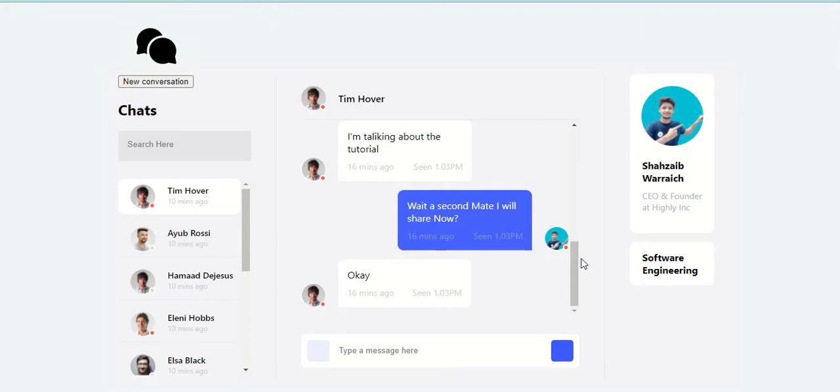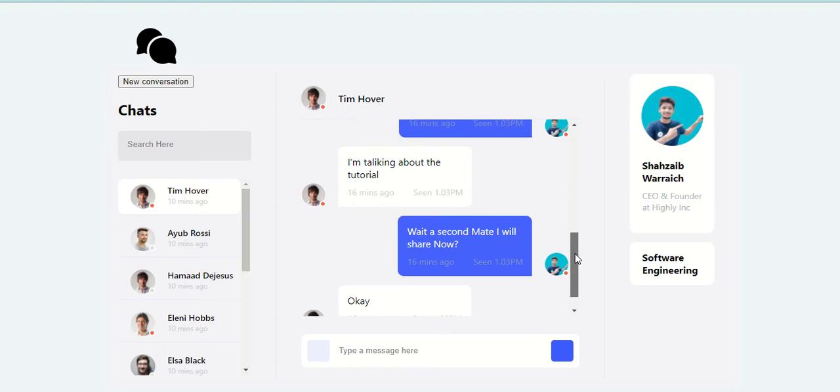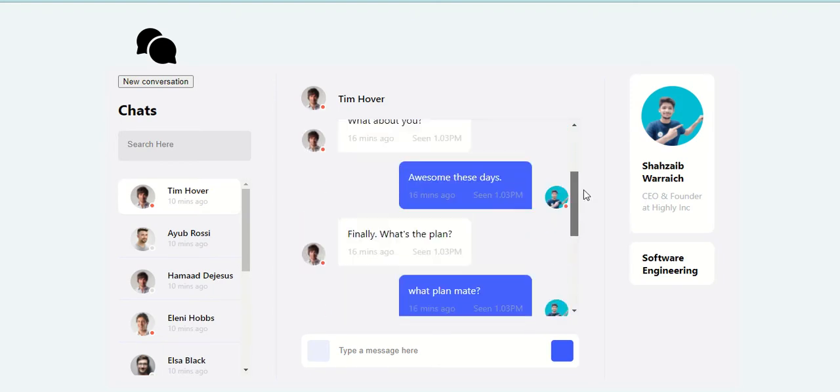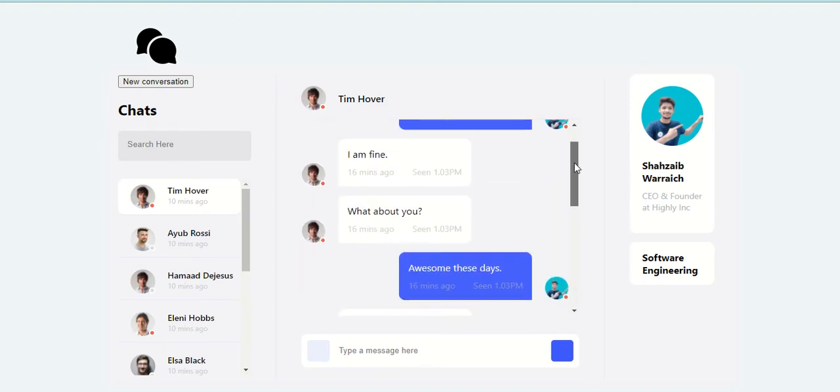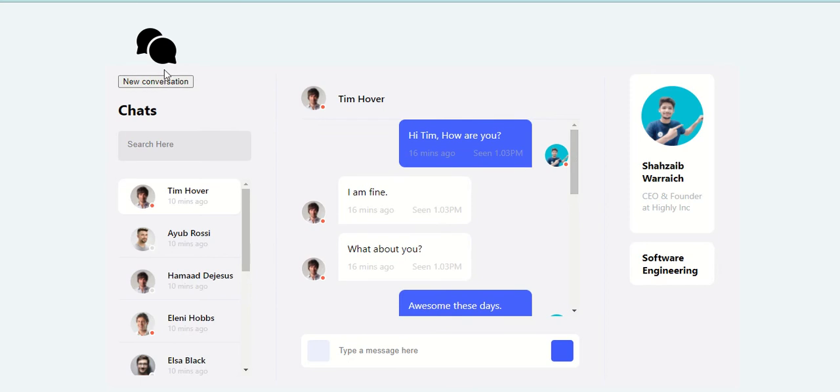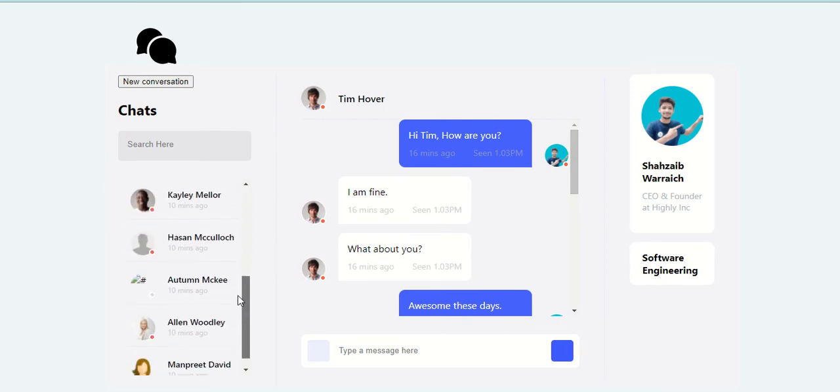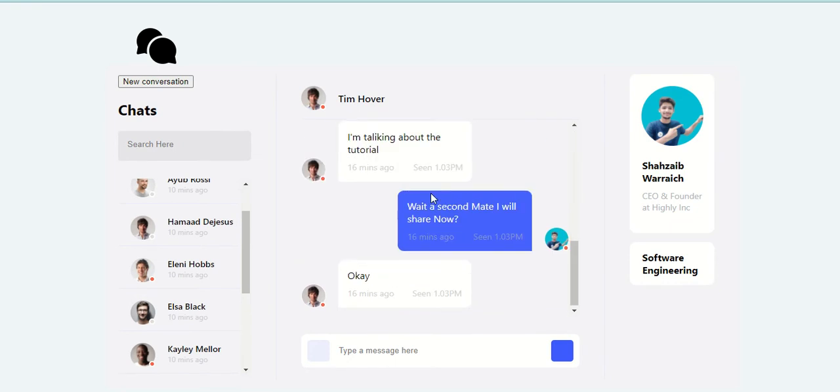Today in this video I will show you a beautiful React chat application with a beautiful UI. You can check that this is a scroll view, and you can also check that these are beautiful chats, and you can chat with anyone, and there are beautiful hover effects, and there are multiple components in this application. You can also message, please watch